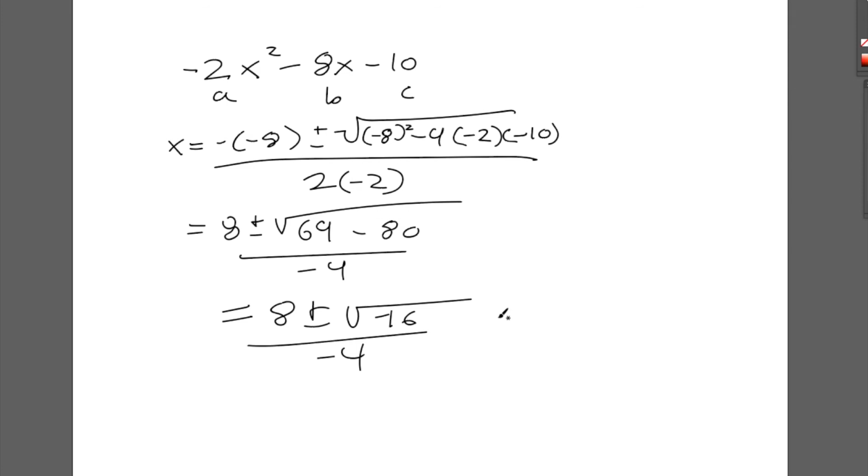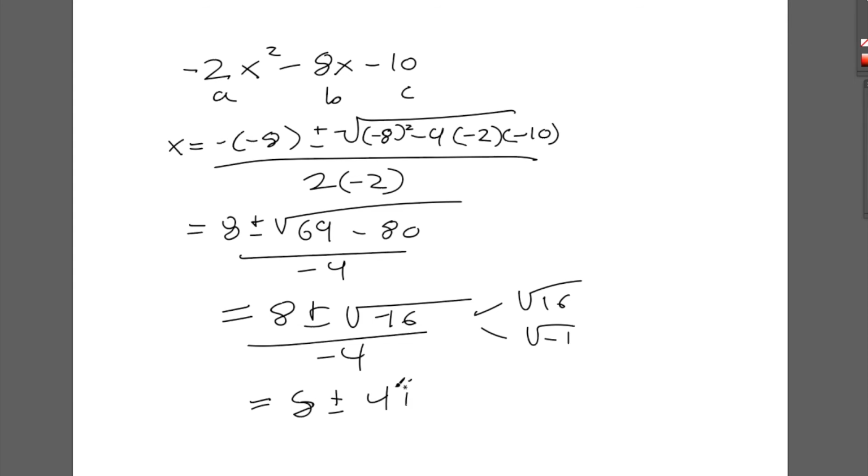So now what we have to do is, radical -16 is the same as radical 16 times radical -1. And so you pull out the i, and that leaves you with 8 plus or minus